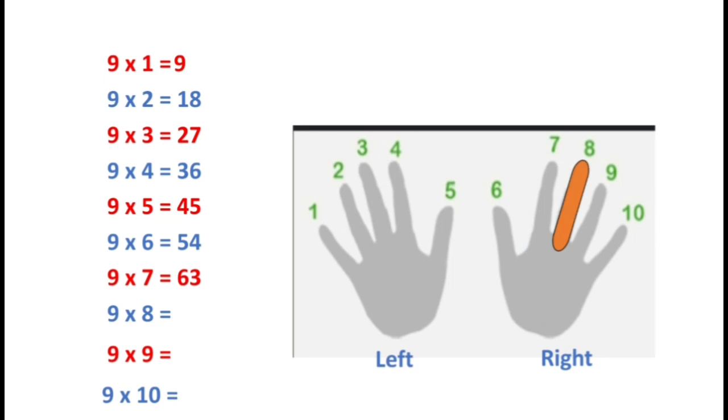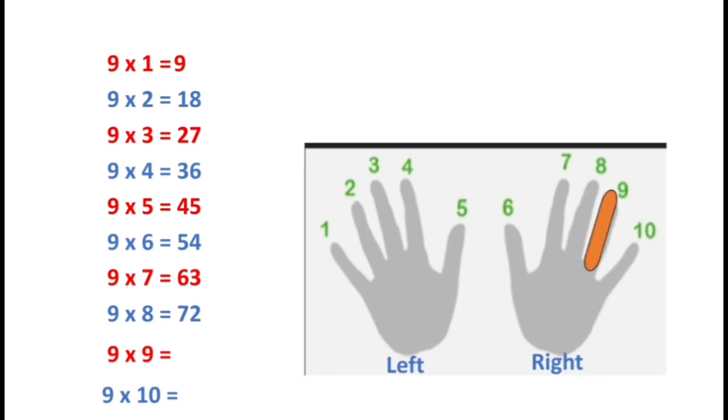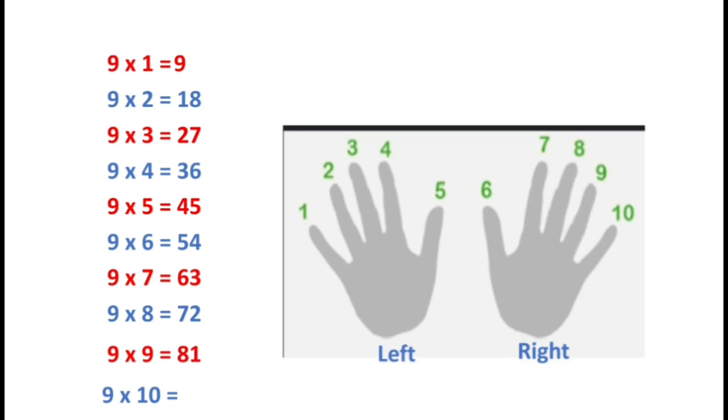9 eights are, how many do we have? 7. After shading this finger we have 2. So it is 72. 9 nines are, we have 8 and 1. So it is 81. 9 tens are,